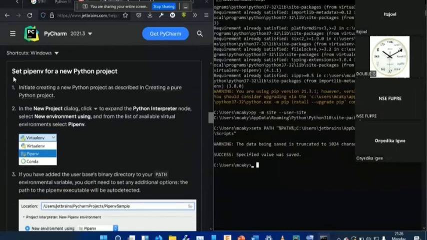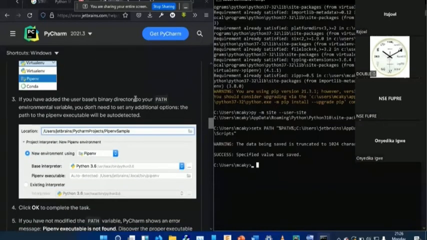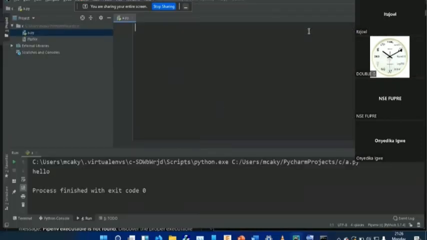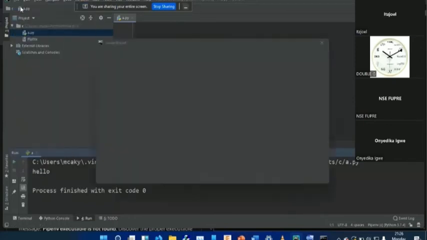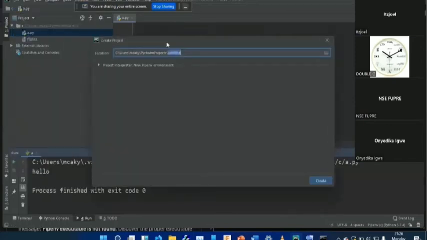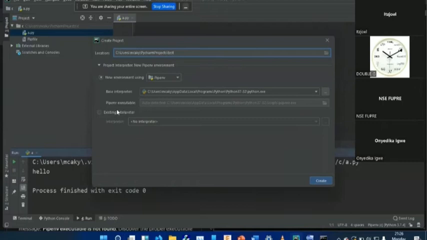So next, set pip environment for a new Python project. Initiate or create a new Python project in a directory. So you can basically go back to your PyCharm, file, new project, and then set your project name like test, and then you collapse this menu. Then you come down, you click on pip environment, select pip environment, then PyCharm is automatically